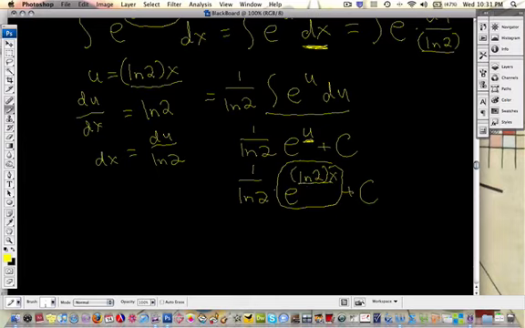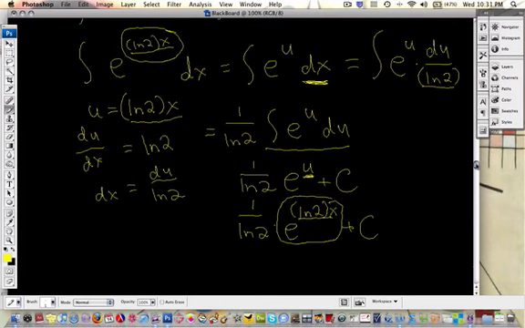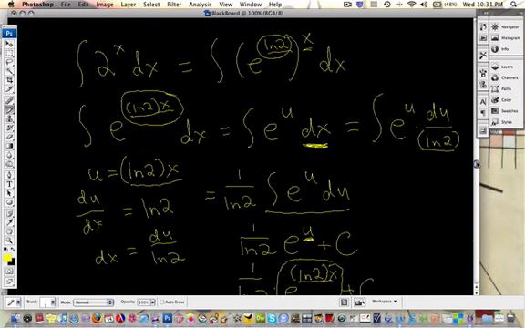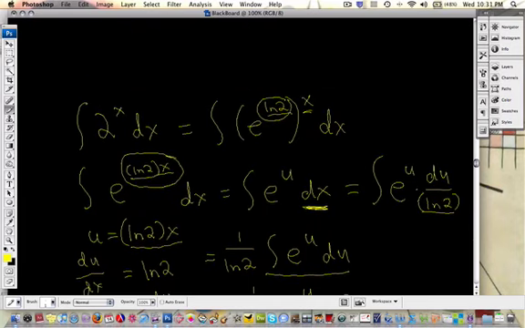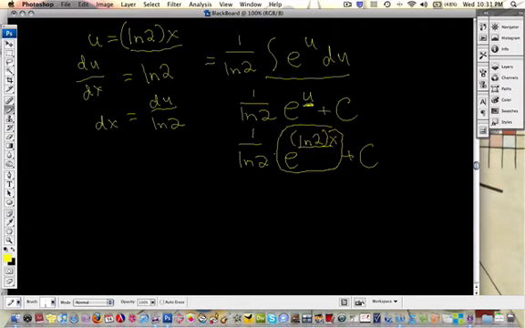It didn't give us base e, even though this is an acceptable answer, or a correct answer. It would only be polite, let's say, to write it in the base that they gave us, which was 2. So let's scroll down to here. I'm going to write this as 1 over ln 2 times 2 to the x plus c. There's your